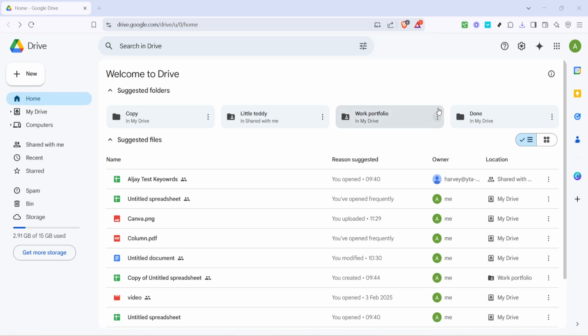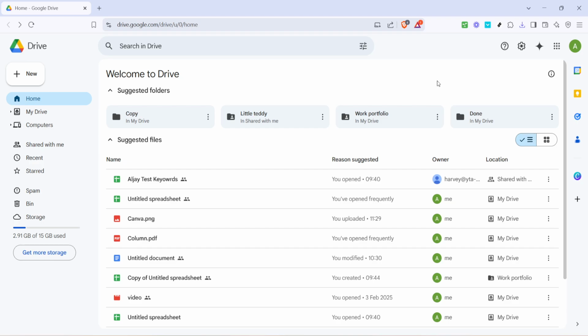In today's video, I'm going to teach you how to disconnect Google Drive from Canva. If you've ever connected these two platforms and now find that it's time to unlink them, for whatever reason, maybe for organizational purposes, or just to have better control over your file integrations, you're in the right place. So, let's dive in and make this process simple and straightforward for you.